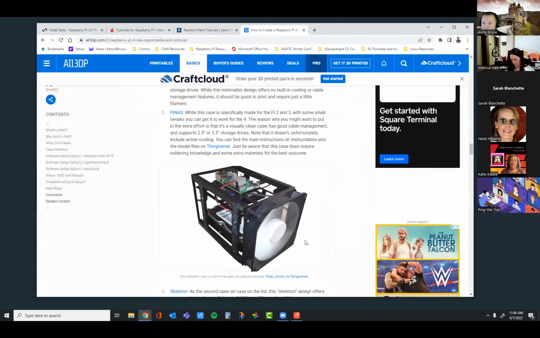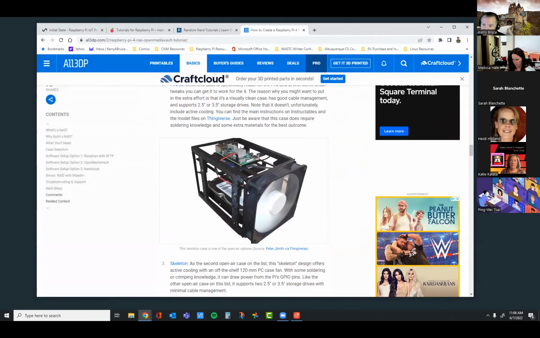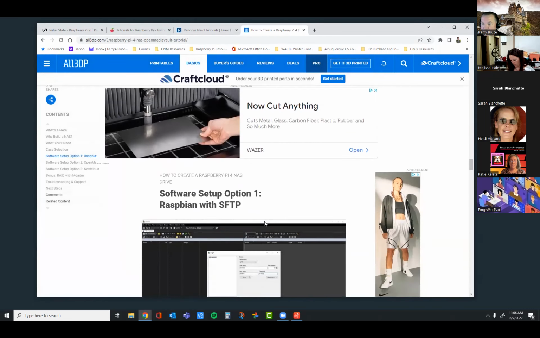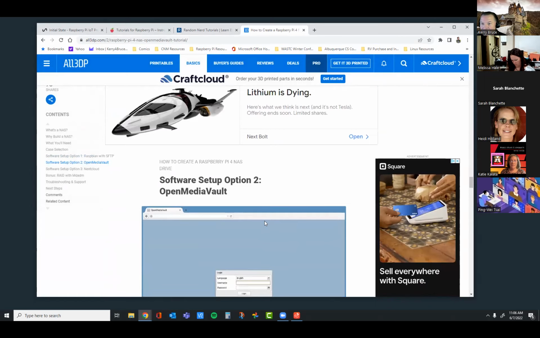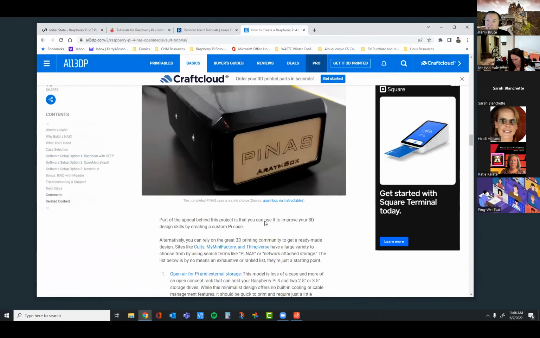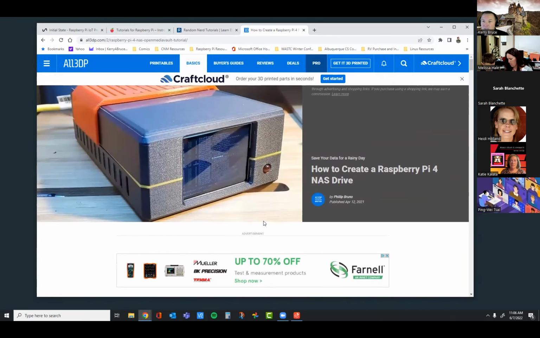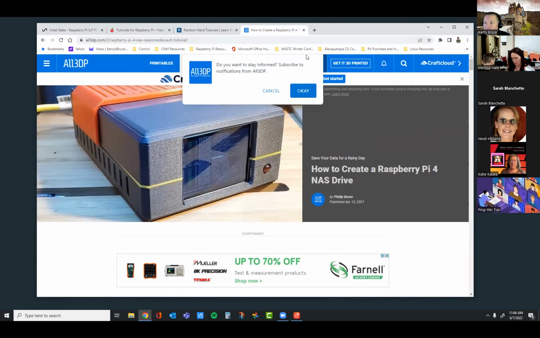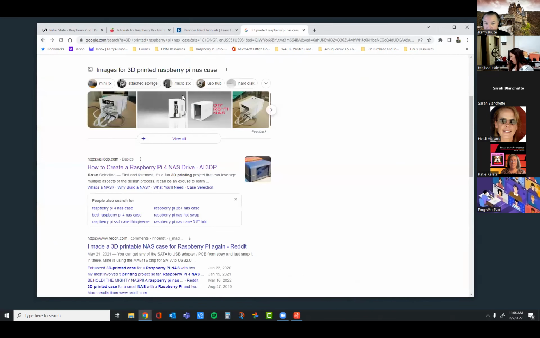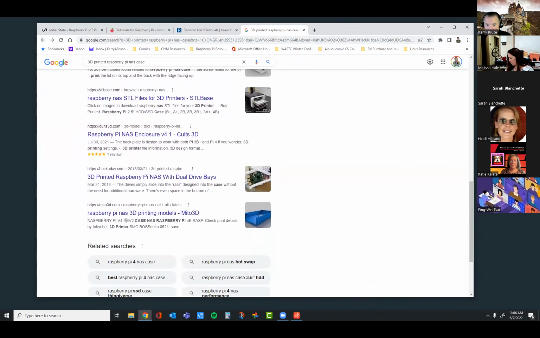I don't want to see ads. We need to get the ad blocker. Here's another one that you could do with fan cooling for the drives, and this is using full drives, right? Yeah, so that kind of thing, to me, is a cool project if you have access to a 3D printer. Obviously, I do, so I'm excited about that. But I could build, right? You could build a NAS device. You can put NAS software on it, which means you can use it as a backup device. And you can connect computers across the network. You can send your backups there.